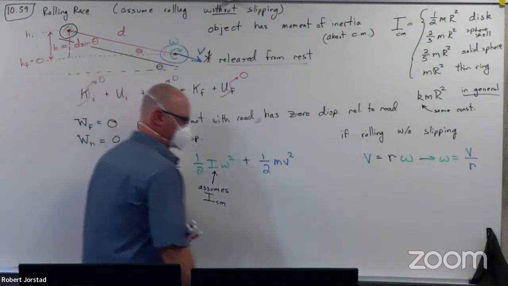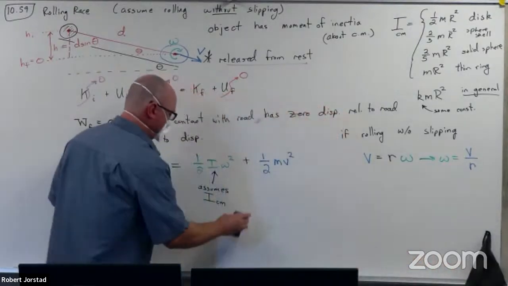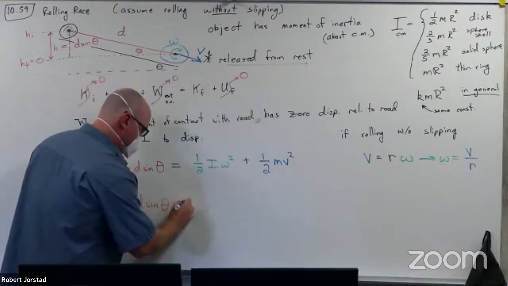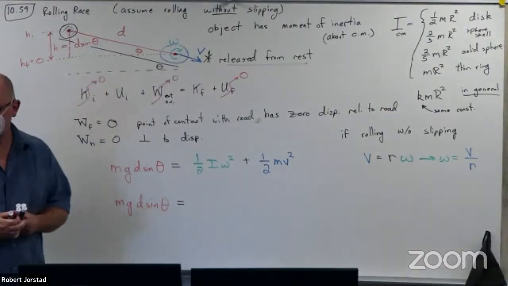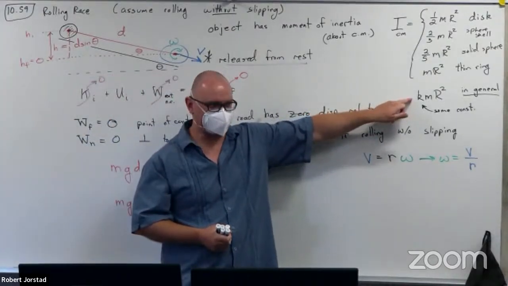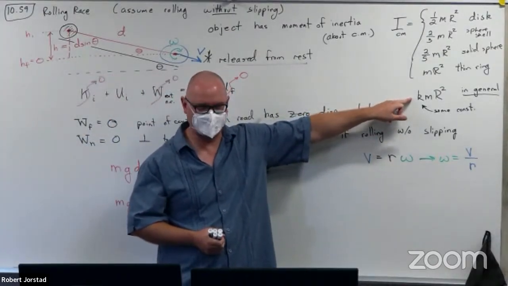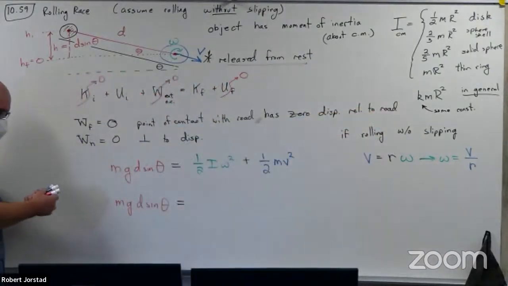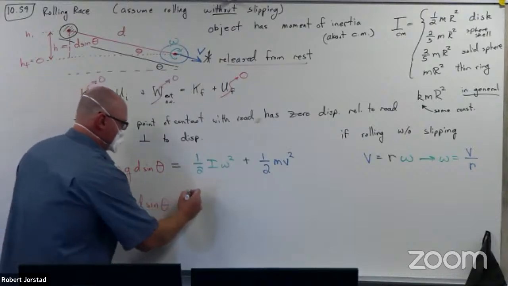What else doesn't matter at all? We'll find out. The mass. The mass! The only thing that matters is the shape, which gives us the constant. Isn't that crazy? Okay, that's my claim. Let's finish this. 1/2